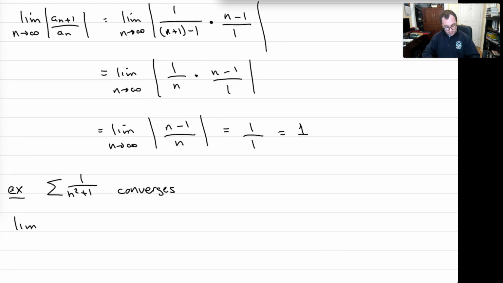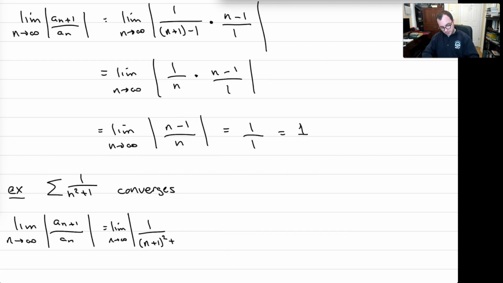But I just want to look at its limit of absolute ratios. The limit as n goes to infinity of 1 over (n+1) squared plus 1, divided by 1 over n squared plus 1, so multiplied by (n squared plus 1) over 1,